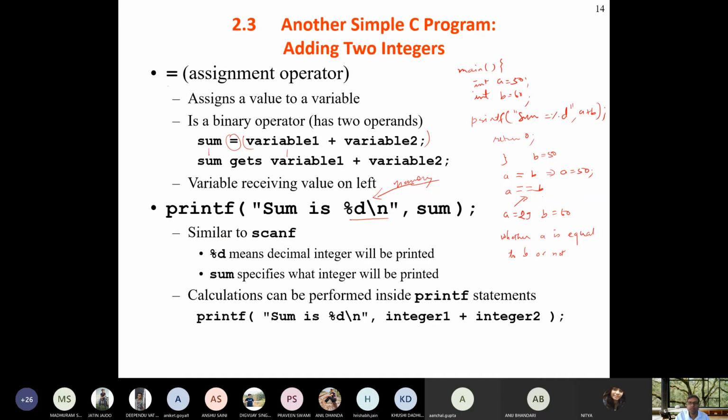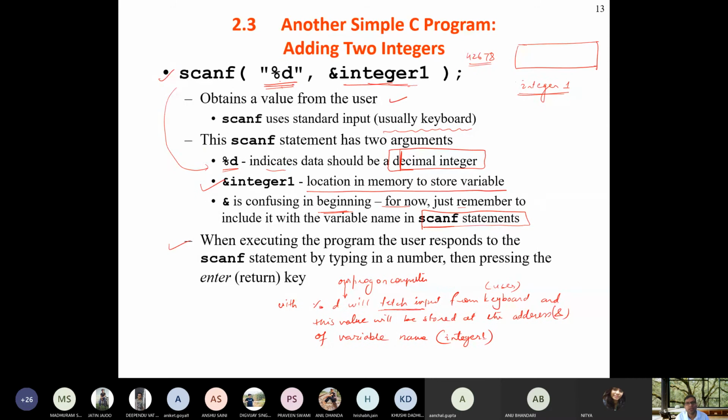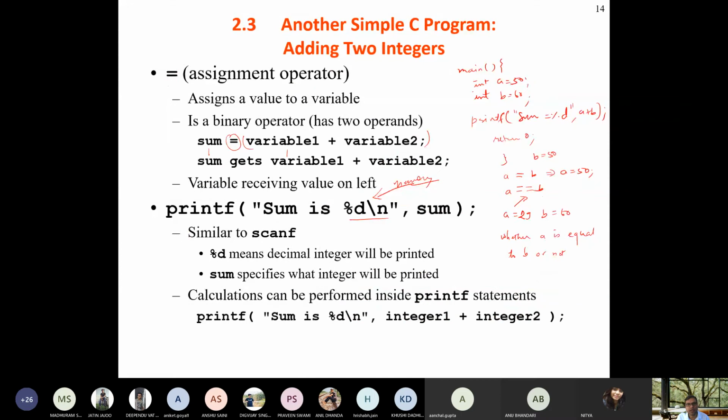Now see, in the previous example with scanf, this variable is created, and as soon as the user gives a value, suppose 457 is given in integer 1, and suppose 33 is given in integer 2. In sum there is nothing yet, because in the next statement we have written sum equals variable 1 plus variable 2.